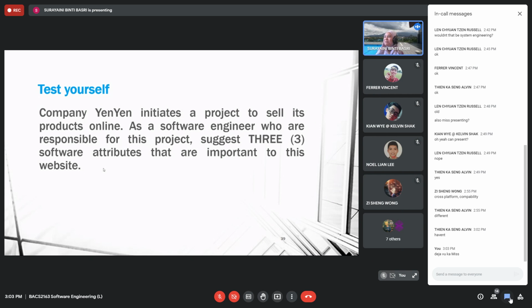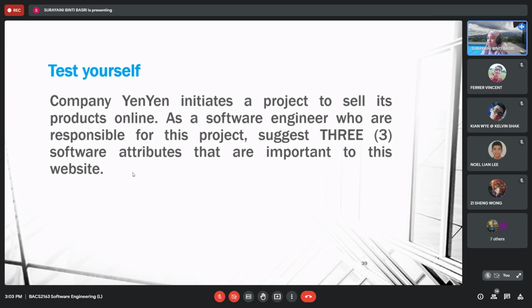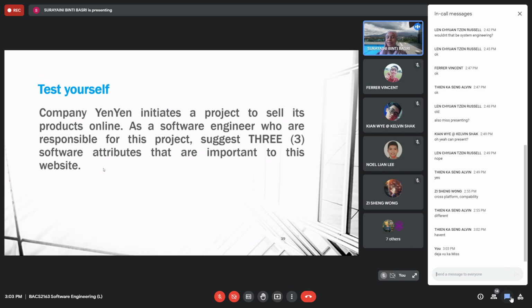As a software engineer who is responsible for this project, suggest 3 software attributes. So we have learned about software attributes last week. They are like acceptability, maintainability, accessibility. If you guys remember all the ability attributes. So what do you think Yen Yen company should have? What software attribute should the company Yen Yen have